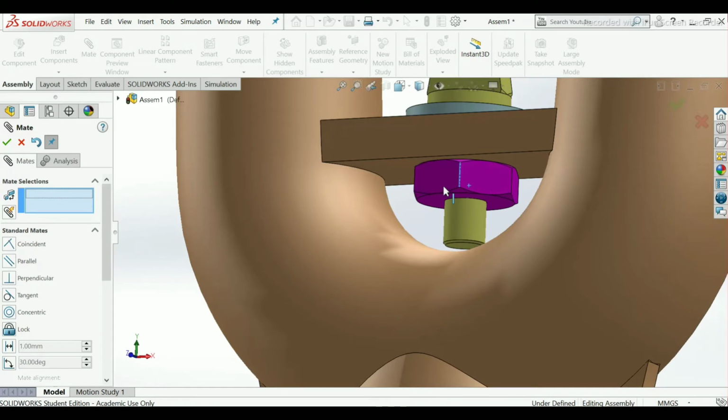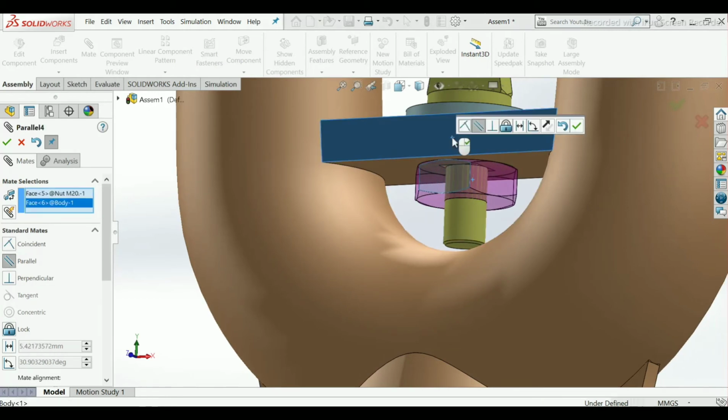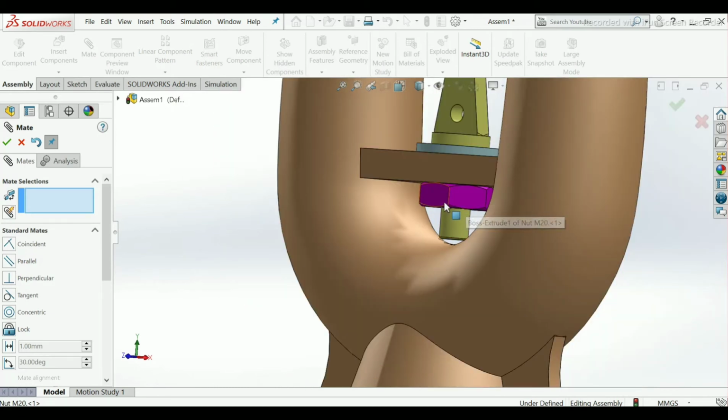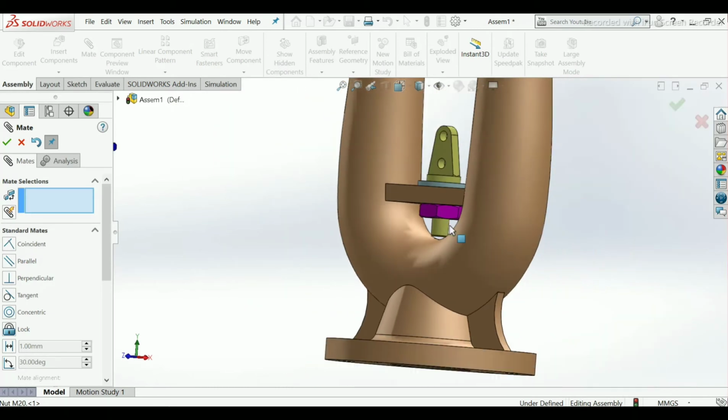then also it is not fully defined or not in fixed condition, so select this face and this, make it parallel. Now our bigger nut is fully defined.